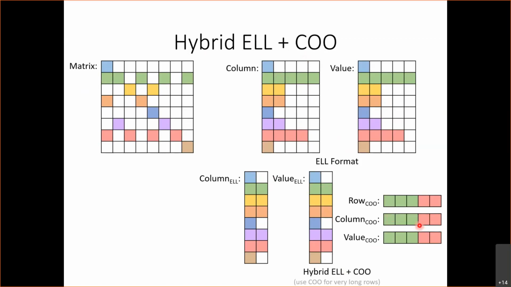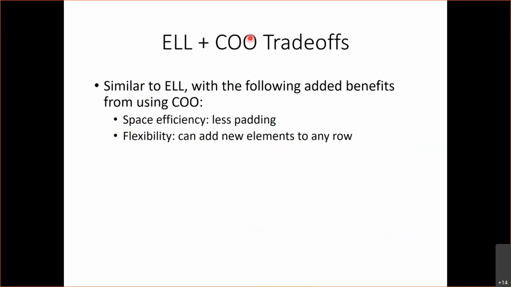Okay, and then in this case, I can do an ELL implementation for most of the rows, and then I would have a COO SpMV implementation to update the remaining rows that have an excessive number of elements. And this allows me to have the benefit from ELL, but at the same time mitigate the problem of padding. Okay. So ELL plus COO is similar to ELL, but with the following benefits from using COO,